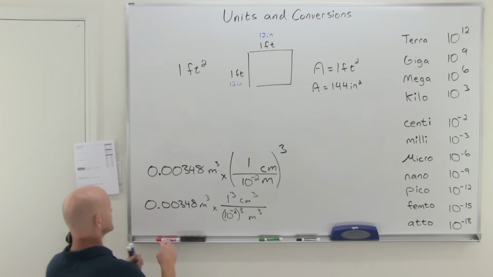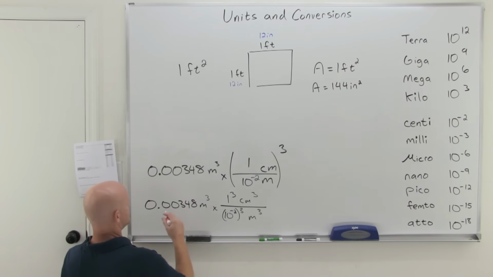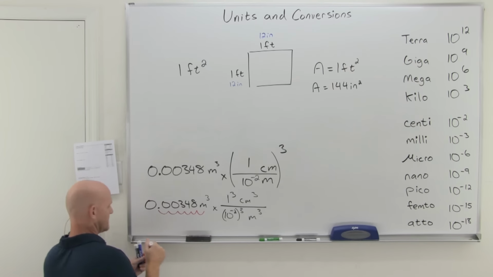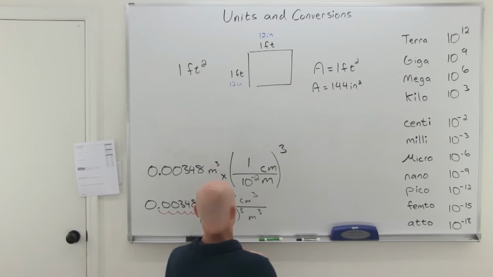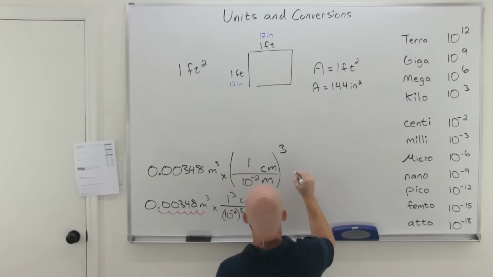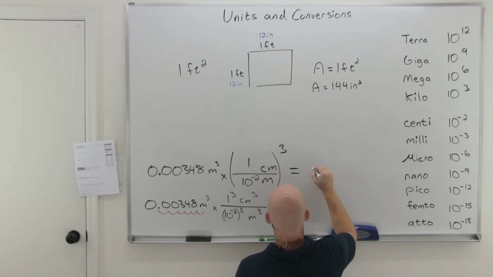And so that's going to move this over 6 decimal places. So we got 1, 2, 3, 4, 5, 6. We'll have to add an extra 0 there. And so in this case, we're going to get 3480